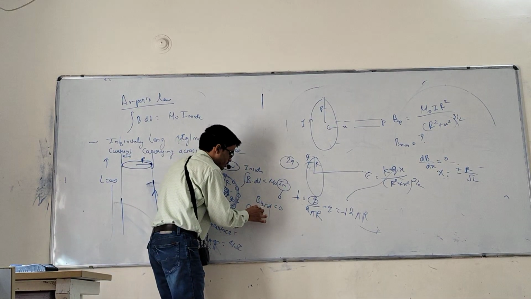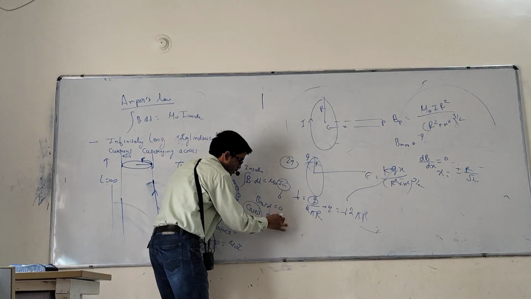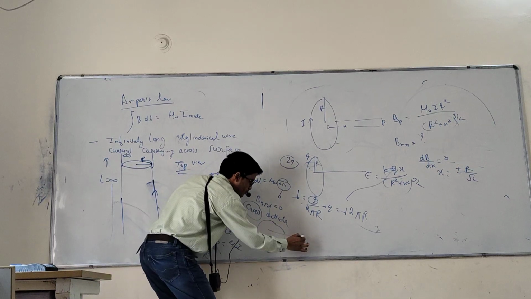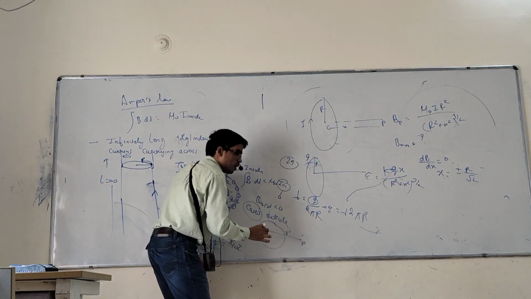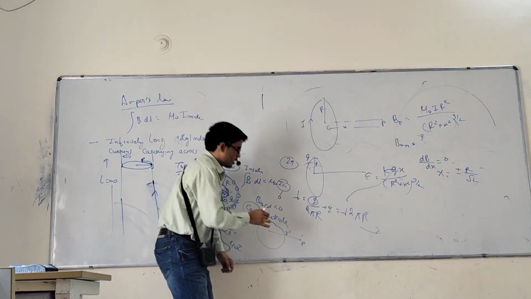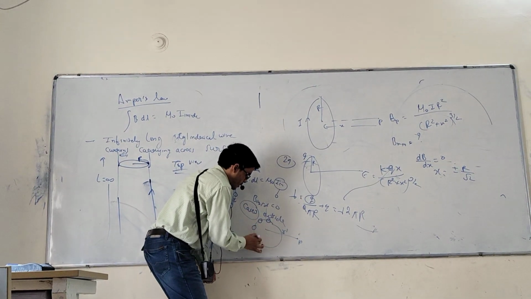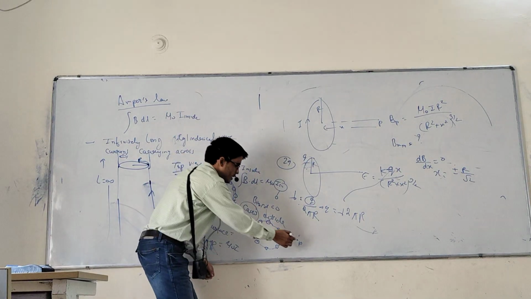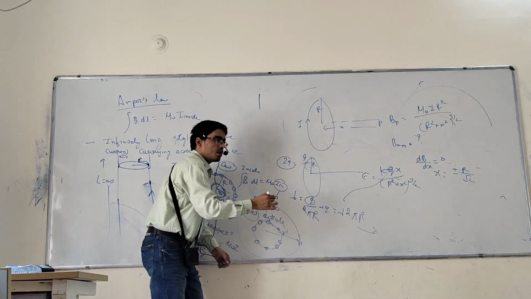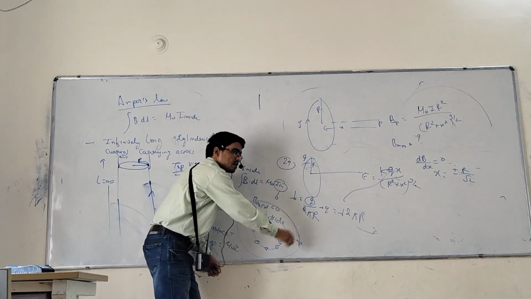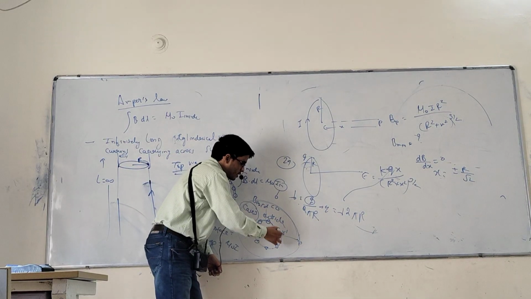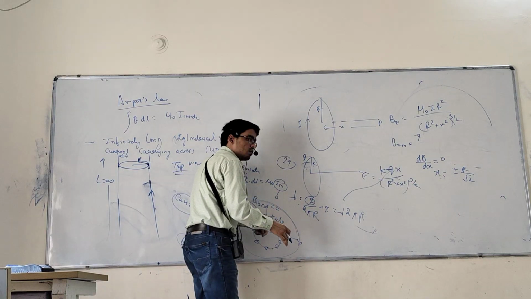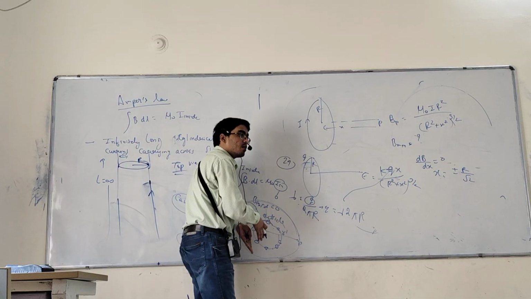Yes. Next I am telling about outside. Case number 3, that is outside. So outside, suppose that is R dash, suppose that is your point B. Got the point? So where is your current present? So first you have to draw the Amperian loop. So that is your Amperian loop, and this Amperian loop is the R dash. So is all current present outside or inside now? Inside. It means in this case also, what is the current value? Not 0, I value now.